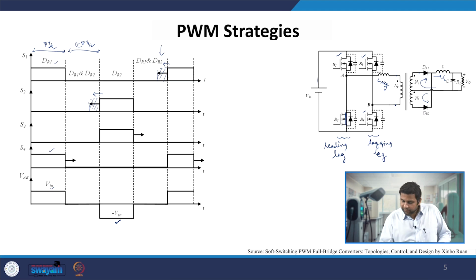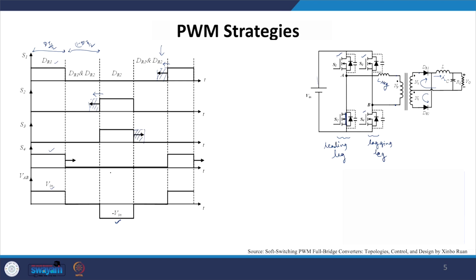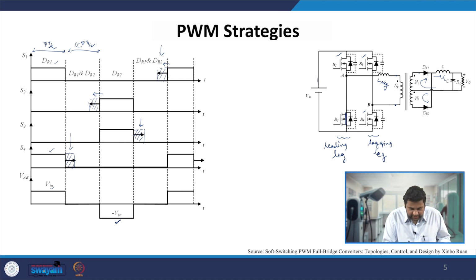At the same time, in the lagging leg, lagging means we are going in the backward direction, we are increasing the turn on period of both the S3 and S4 switches in the backward direction. During this period also, all the other 3 switches are off; for S4, we are delaying its turn off for a certain period. Similarly, during this period, we are delaying our S3 switch turning on in the backward direction. So the other 3 switches are still off, and we see there is no impact on the VAB voltage.